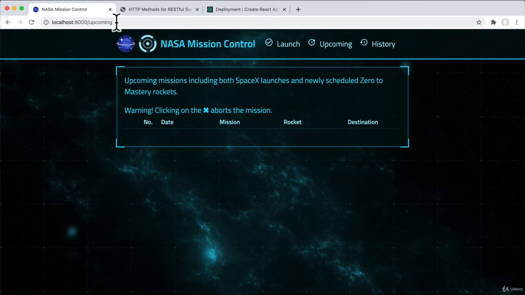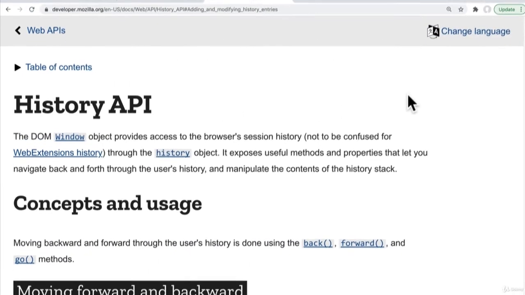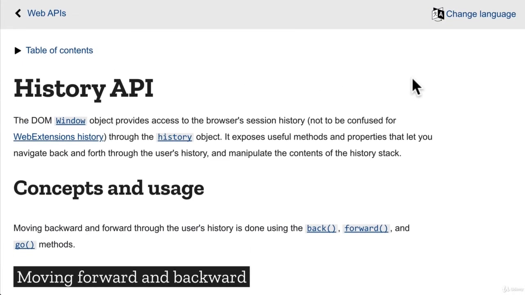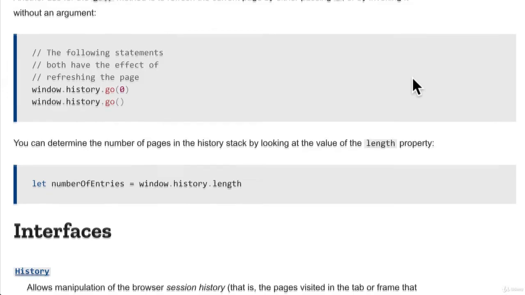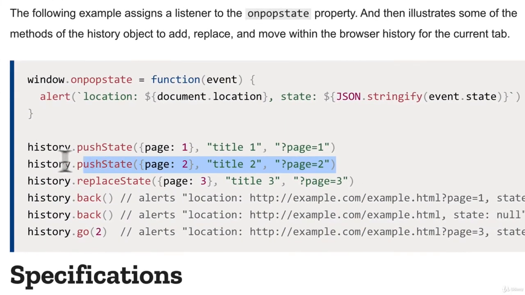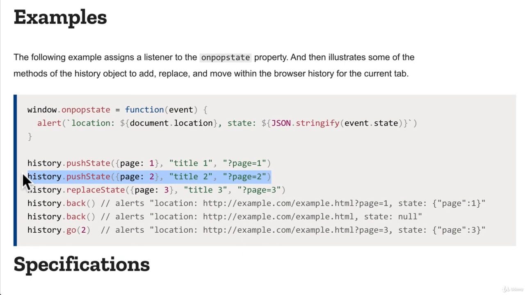And the same would apply to other frameworks like Angular and Vue. Any frontend that uses the HTML5 history API for routing, and specifically the push state function to navigate from route to route, can be served from Express in just the way we did in this video. Very good to know when working with